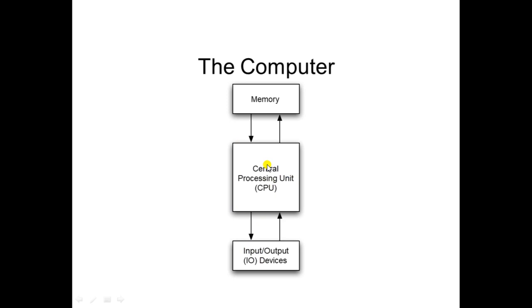But again, it will require some storage, where the values for the variables and the data will get stored, that is nothing but the memory. So the central processing unit interacts with the memory, and once it is computed, it returns the output, and that output is sent back to the input output device and becomes visible on the output screen. In this way the computer works, right?